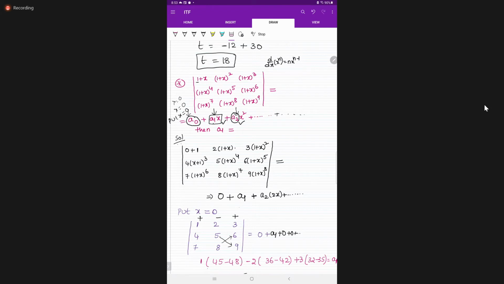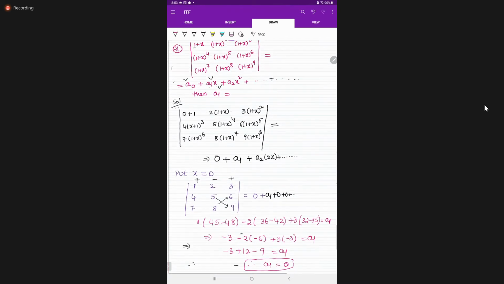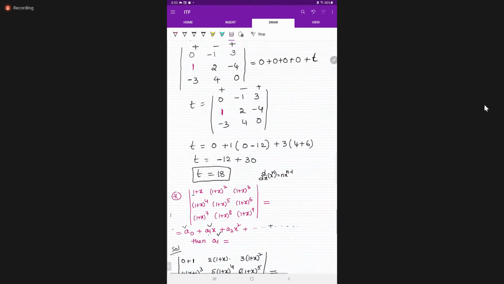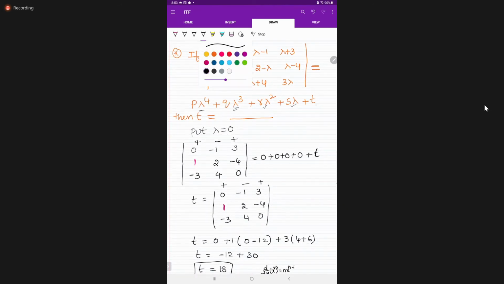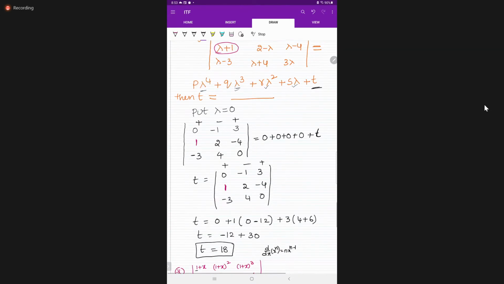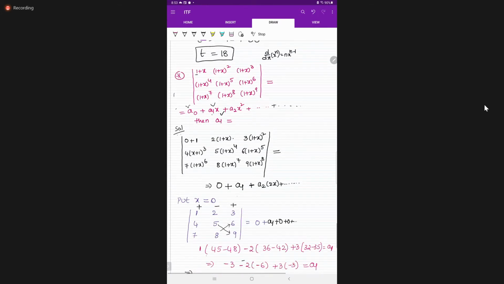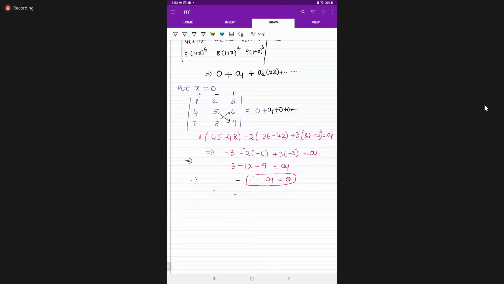Yes, ma'am. Students, understood all of you what I'm telling? Is it clear? Yes, ma'am. Yeah, write down. So your constant only you want. In this problem constant you want, right? That's why directly you can substitute t is equal to 0, lambda equal to 0. Next. Completed, students, all of you? Yes, ma'am. Completed. Next. Next question.